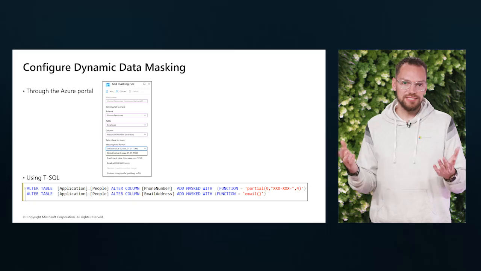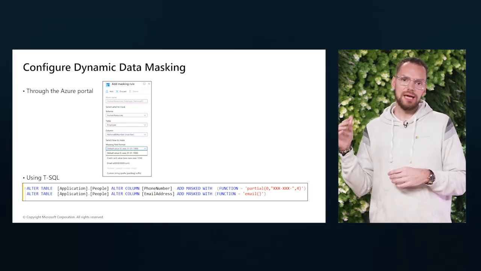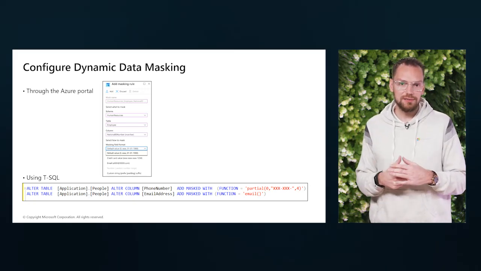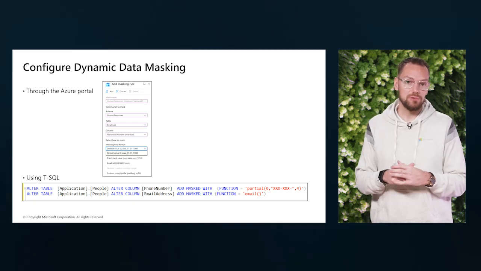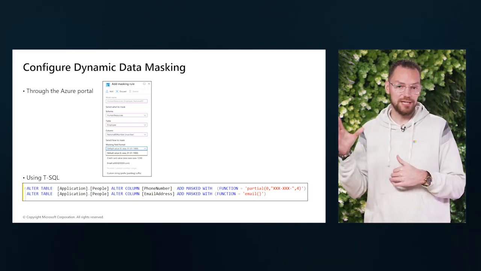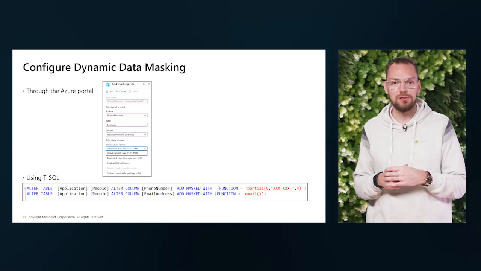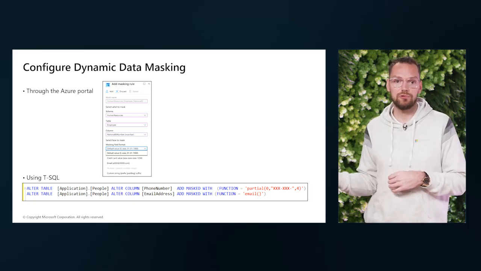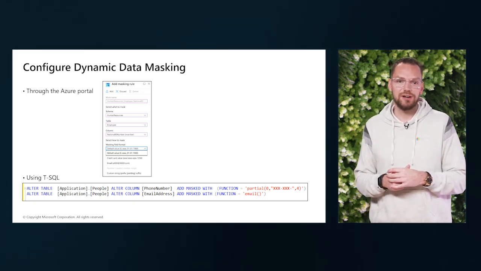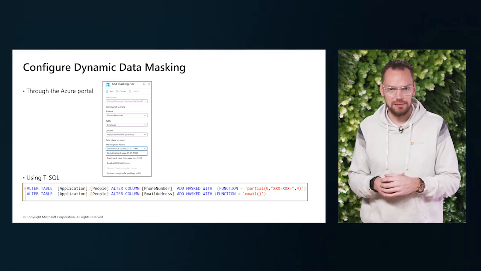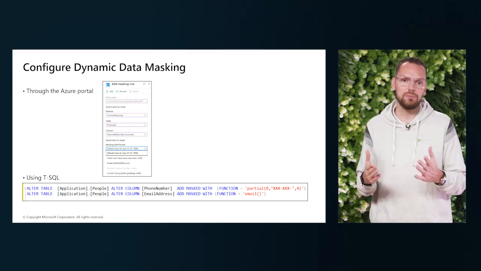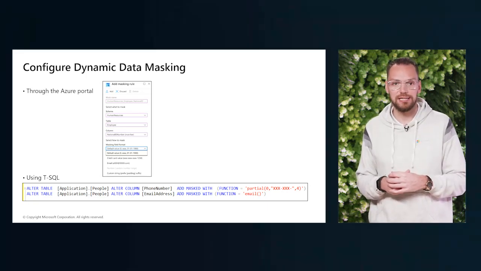So how do we do it? Well, it's very simple. Within the Azure portal, you select the database, you choose the database to configure from your list of databases, then you navigate to the dynamic data masking option, you click on Add Masking Rules, and then you can define the rules by selecting the schema, tables, column, and mask function. And then you save the rules. You review it, apply the masking rules, and then you can monitor and also adjust as needed.